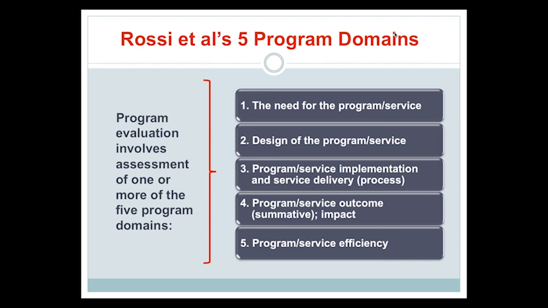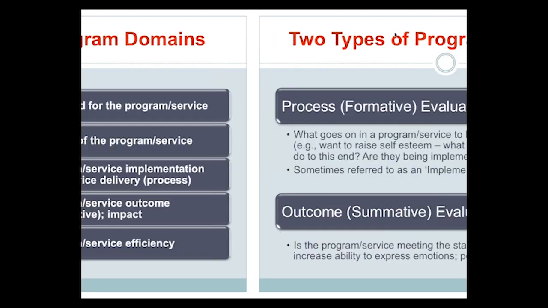This is often called a summative evaluation. And closely linked to that, but further down the line, is an impact evaluation. And we'll talk about the difference between an outcome and impact evaluation in a moment. And the fifth area is evaluating the efficiency of a program or service. I'm just going to briefly talk about 2 of the most common ones that you'll find in the area of